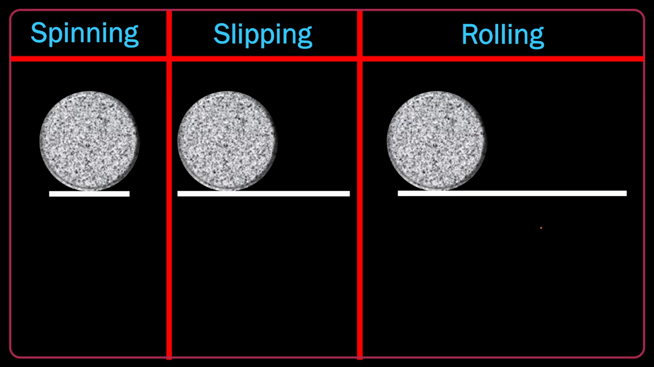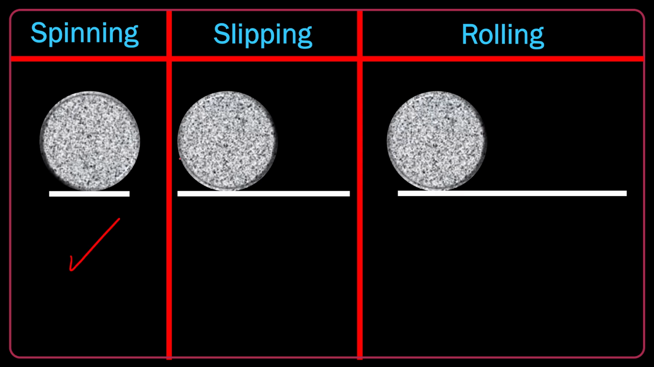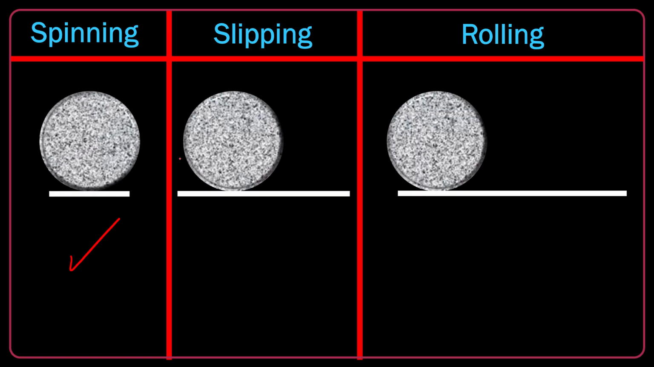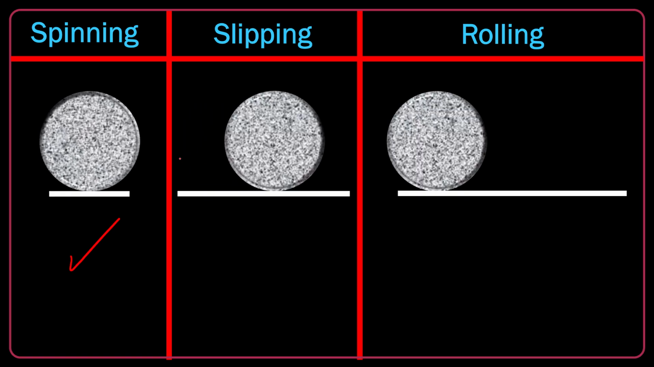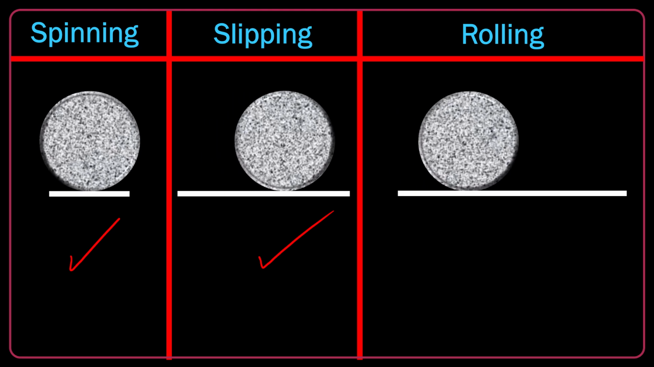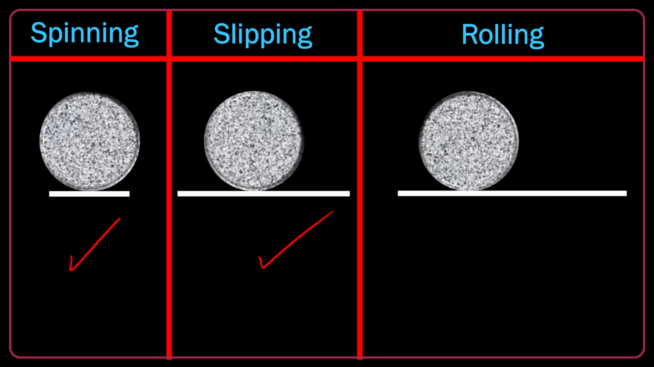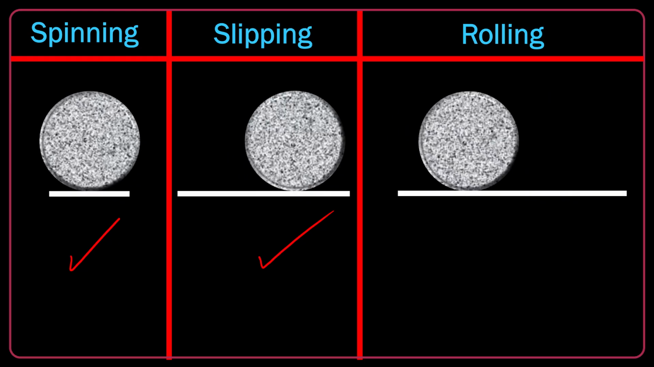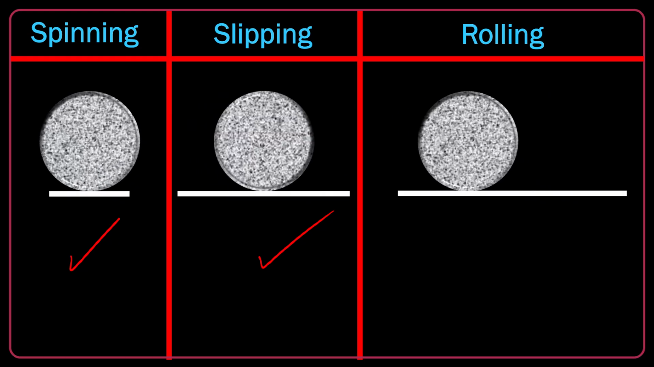Okay, let's start with the concepts of spinning, slipping, and rolling. The first object is spinning. It doesn't have any translational motion. The second is just slipping without any spin. The last is rolling, which means that it does have spin, it does have translational motion, but it doesn't have any